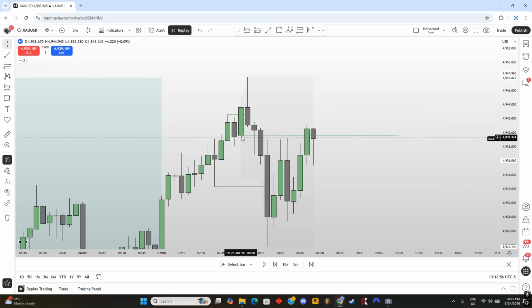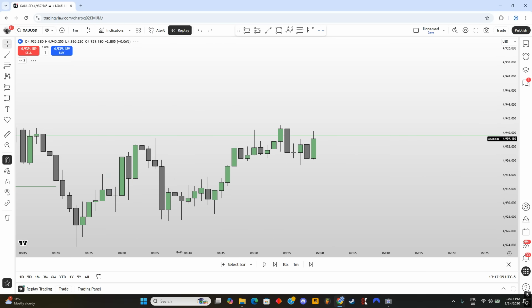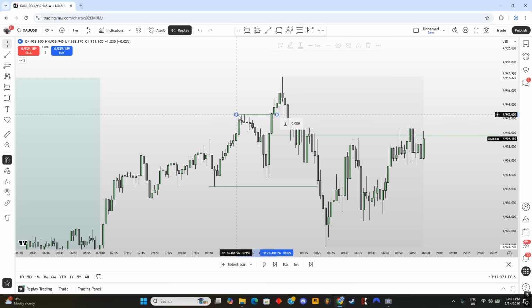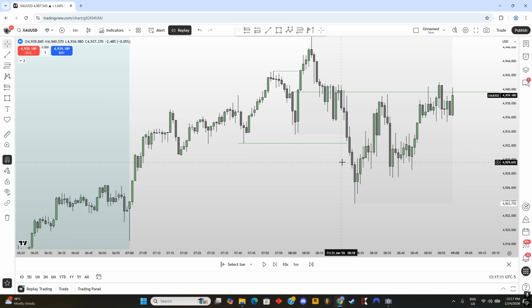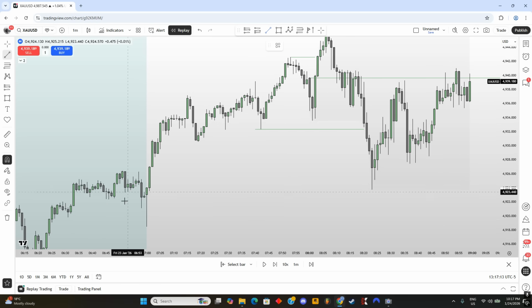Okay, now notice as soon as we opened, we swept that 5-minute high. So after I see that price has swept this 5-minute high, I'm going to drop down to 1-minute time frame. Okay, now after I have dropped to 1-minute time frame, I'm going to look for a very clean market structure shift level. So over here you can see that we swept this low, and then we had a market structure